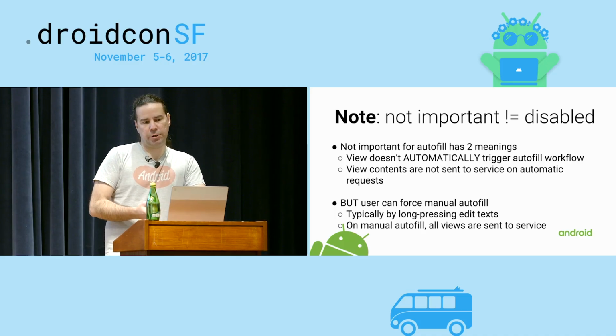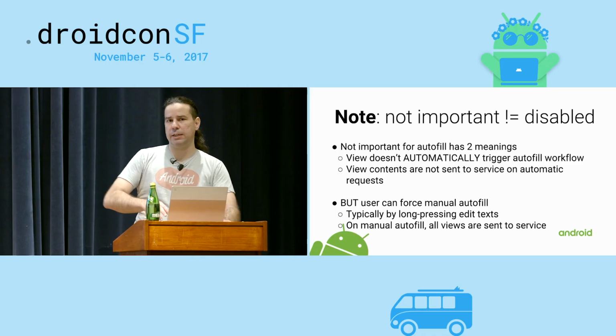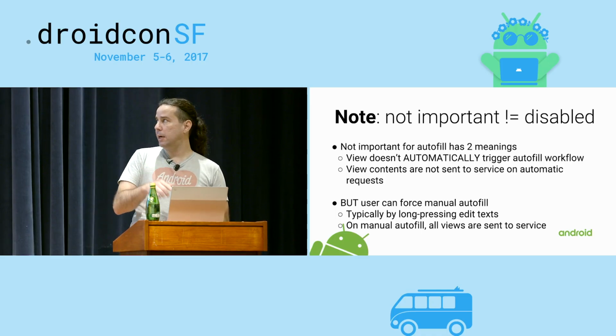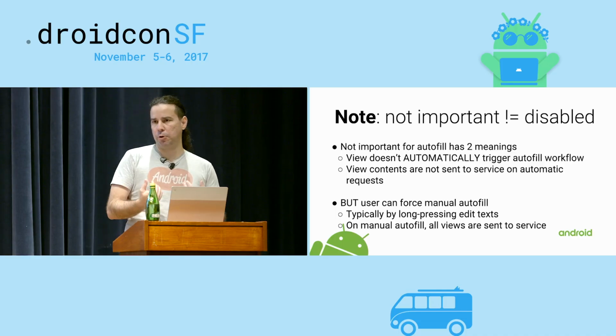What "not important for autofill" means, actually, has two meanings. One is we're not going to trigger the automatic autofill workflow when we focus on that view. Remember early on when I showed the workflow, the whole workflow starts when a user taps on username in the Twitter app. So if that view, or the whole activity, was marked as not important for autofill, we wouldn't trigger autofill in that case,